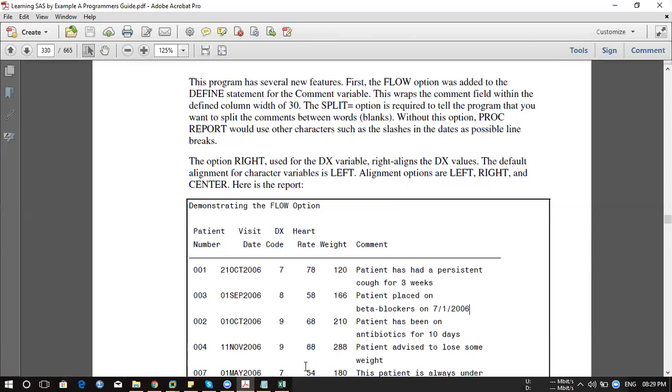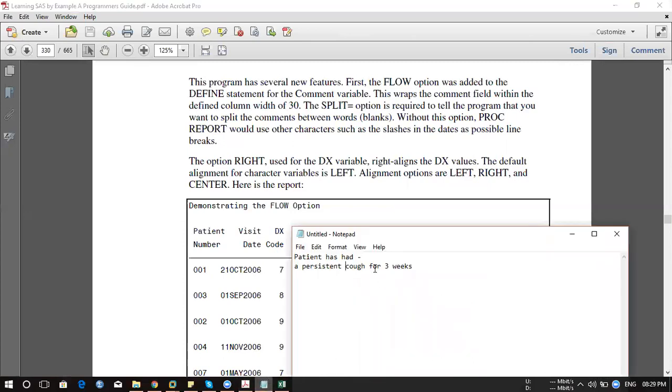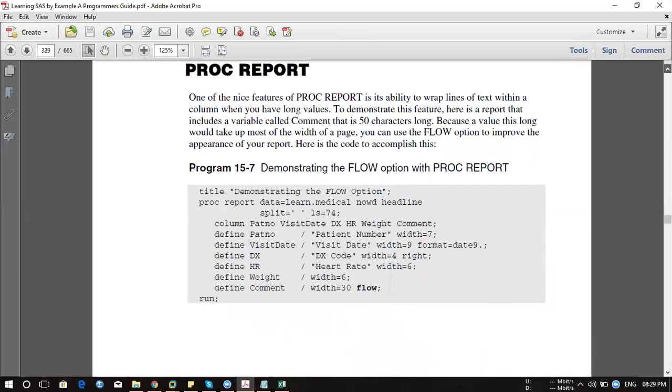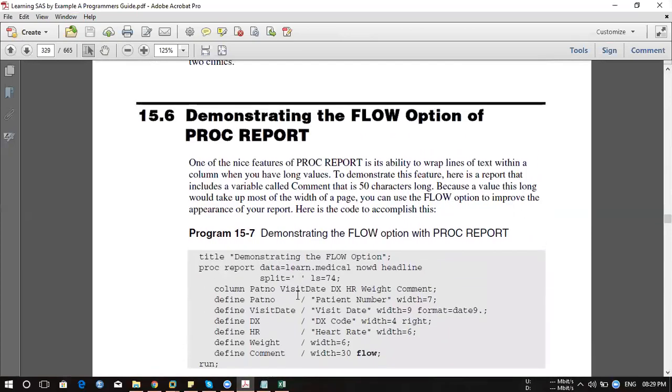Here, let's say you have a different data value. We were talking about blanks. Sometimes you receive this type of feedback and you want to segregate your data based on a blank or any delimiters, so you can specify that there. You need to specify those types of delimiters. If I specify only dashes, what will happen? It's going to split whenever it finds a particular dash. LS means line size.